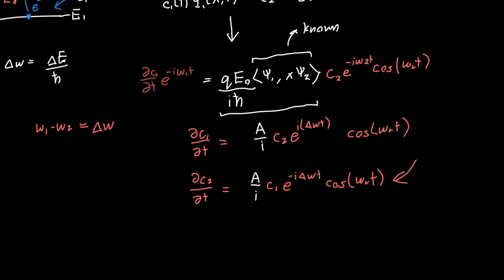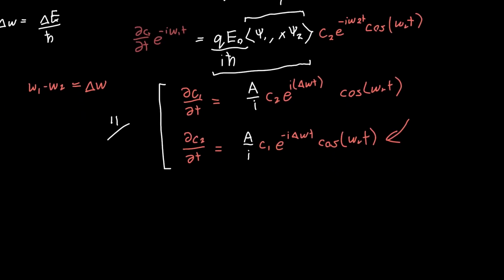And so this is kind of nasty still. I mean, it's not as bad as it was before, but it's still sort of gross. And so we're going to make an approximation. We're going to say that, okay, well, we know that if we're working with our two-level system, so E2 and E1, and we initially know that the electron is down here,